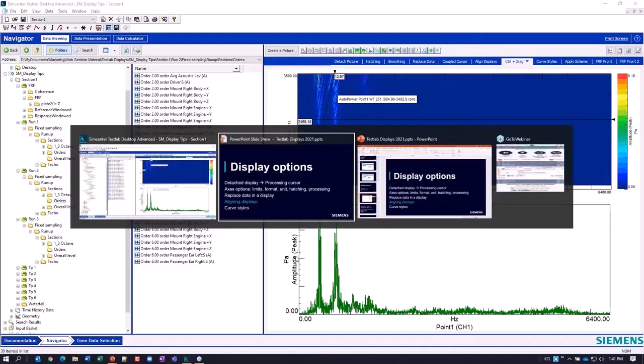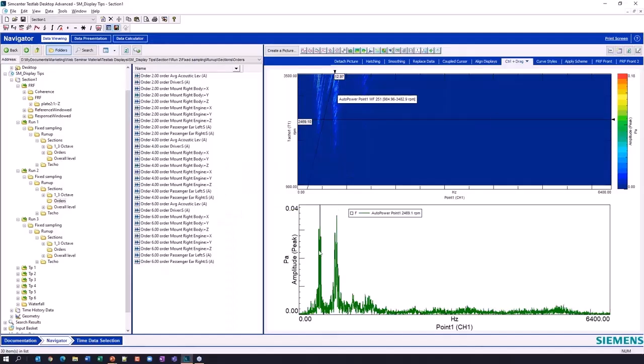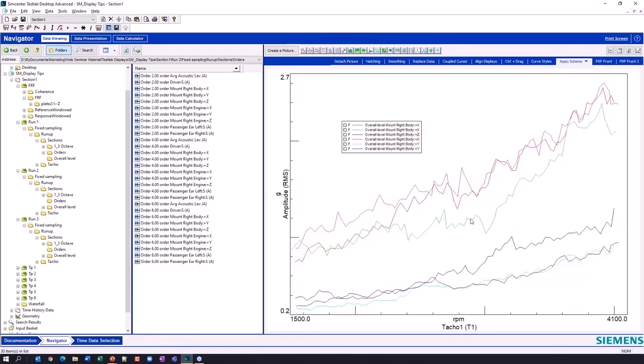Yes, right. Yes, exactly. And then finally, I'm going to show you how to change some curve styles. So I don't remember exactly what revision it was, but 12 or 14 or somewhere in there, we added some nice capability for curve styles. So if you see this plot, if you are normally dragging and dropping multiple curves into a test lab display, this color properties order will look familiar to you.